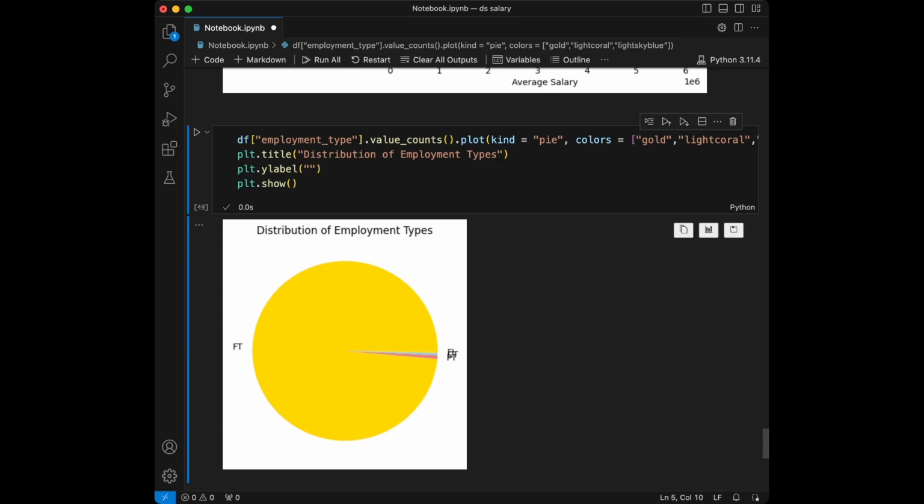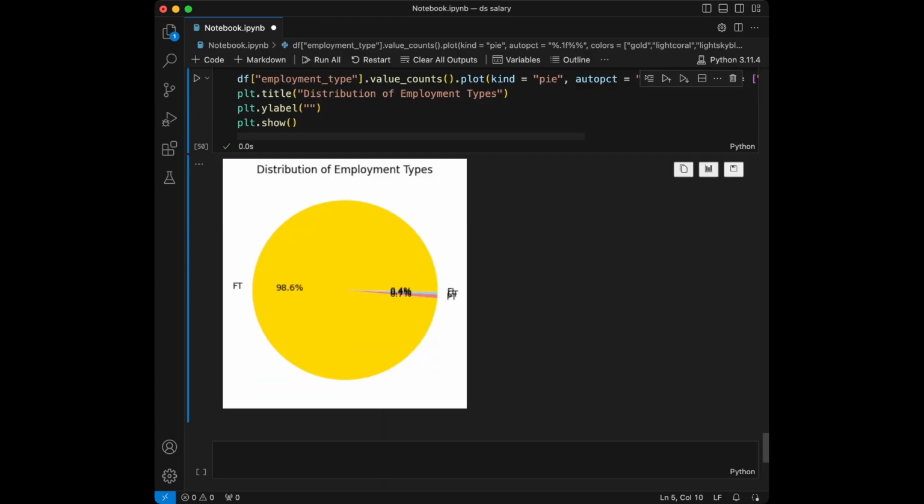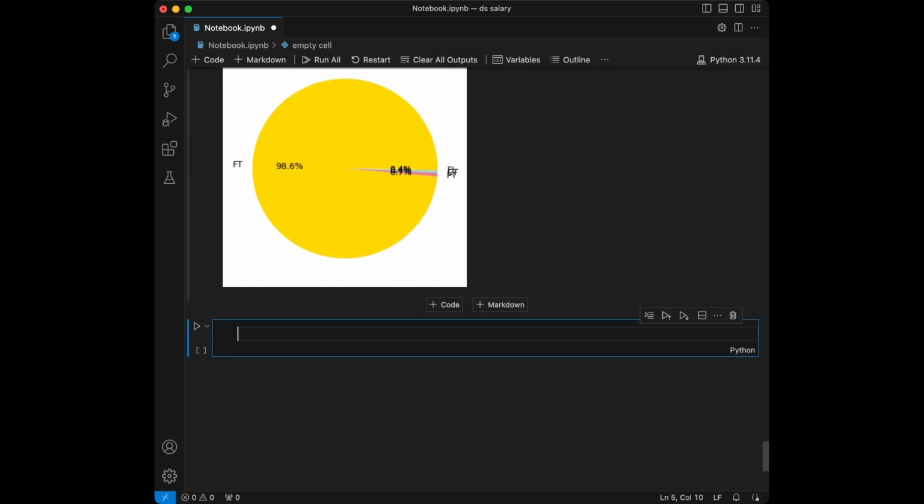It looks better. Actually, it's full-time mostly, and we can just add auto PCT, the thing we deleted, and we are going to see the percentages right now with this. Like here it is. So 98% of the data we have has the employment type of full-time. Wow. Okay, let's do a final plot